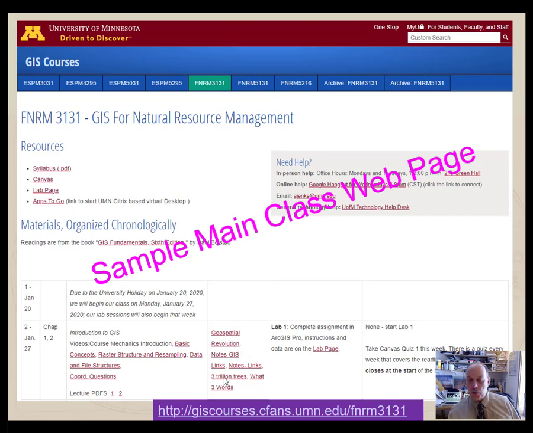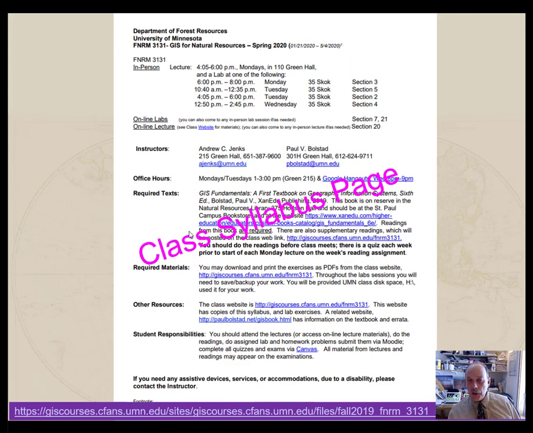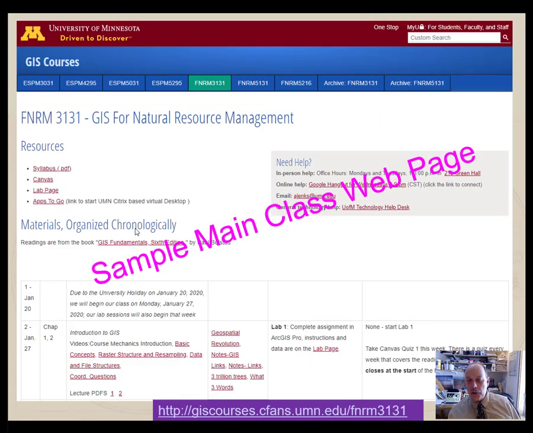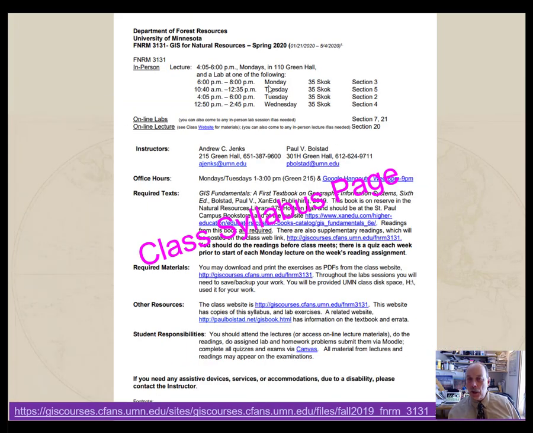There's some general background information here in this column. Here's some information about pointing to the lab for that week, and here's what some of the assignments you would do for that particular week. Now, the syllabus is listed here, and the syllabus explains where the class is, the in-person part is, where I